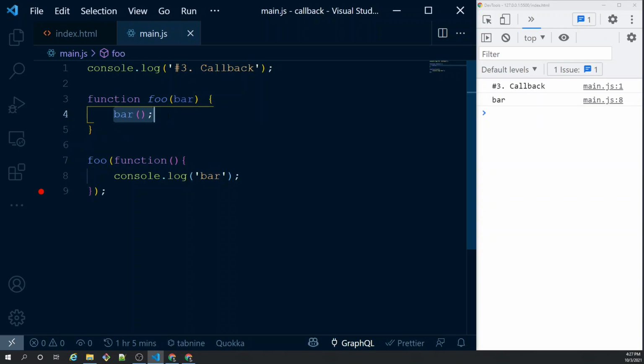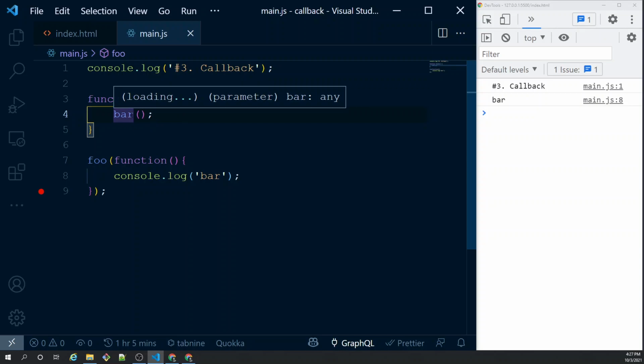You can call it as a first statement, you can call it as a statement somewhere in between, or you can call this bar function inside foo based on certain condition. It is completely up to your business logic when you want to call bar. With the same concept, the callback comes into the picture.